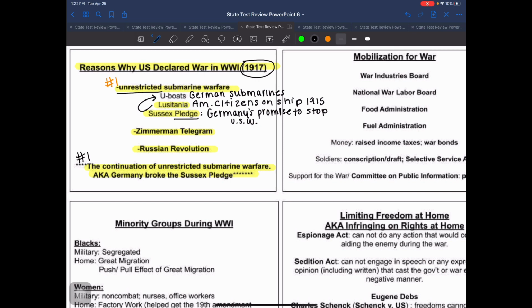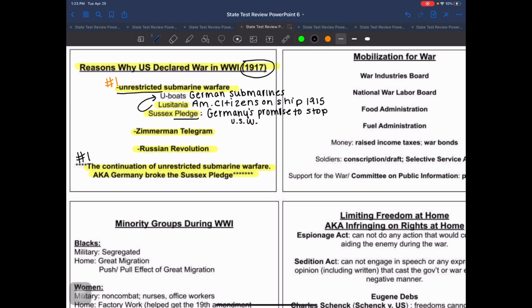They're going to start giving ships that are not battleships, that are not involved in the war, opportunities to turn around, to change their course, to be stopped and searched. They are no longer going to just sink them simply because they come across a ship. So they make this pledge to us after the sinking of the Sussex, like, hey, we're going to stop unrestricted submarine warfare. It is important to note that Germany has no intentions of actually keeping this promise.